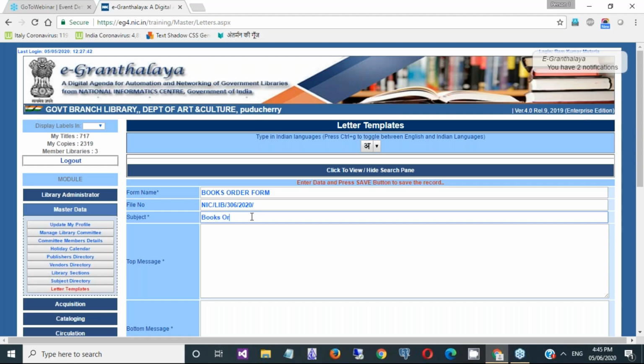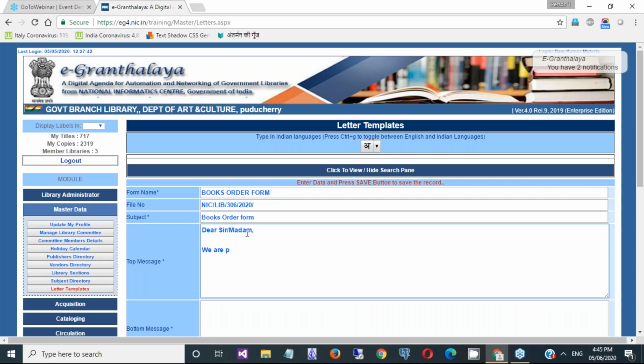Subject, books order form. Then this is the top message. Dear Sir/Madam, whatever language you want to write, you can even type in Hindi or Tamil or whatever.